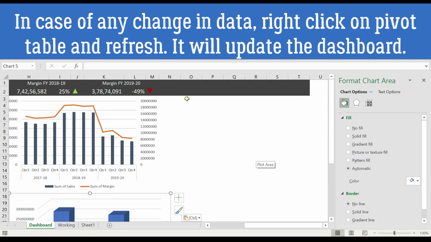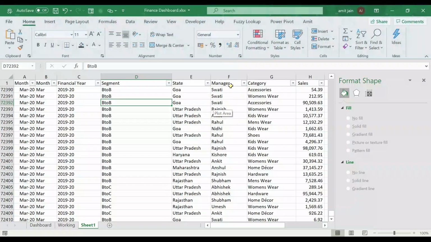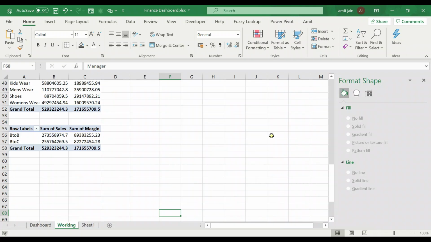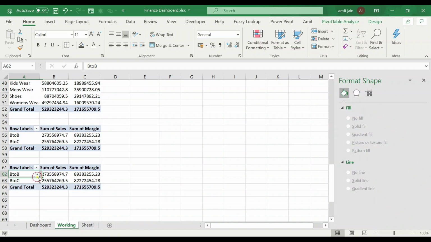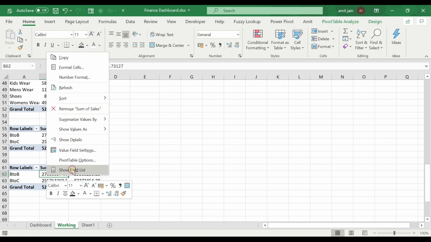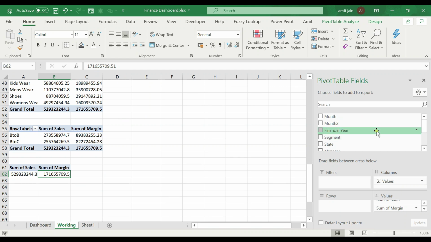Now we need one more piece of information, sales manager-wise information. For the sales manager, who is the sales manager, who is doing what kind of sale, and what kind of margin they are creating. We need this kind of visibility also in this dashboard. Just select the old pivot table, paste over here and remove this. Right click. I need the field list to select this. So I don't need this segment.